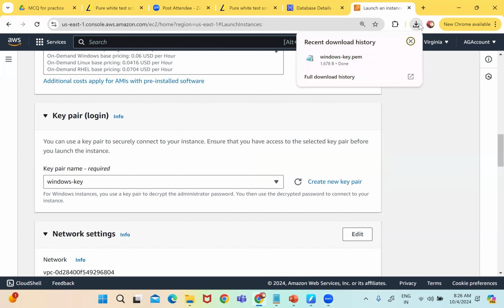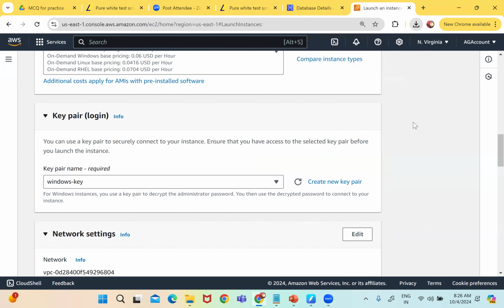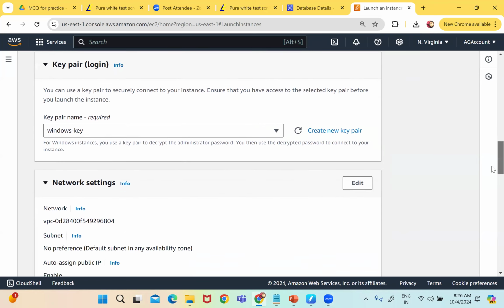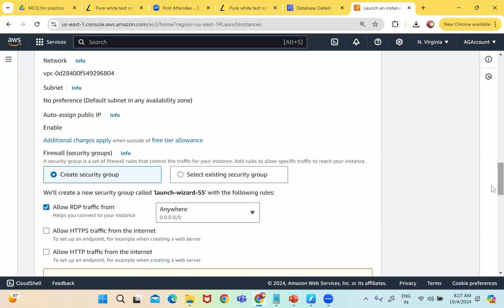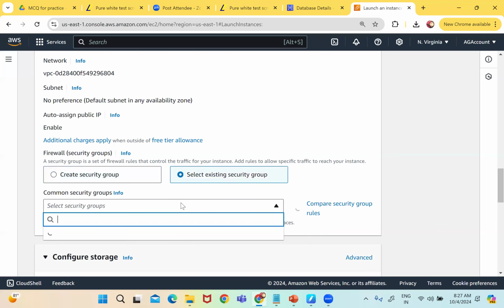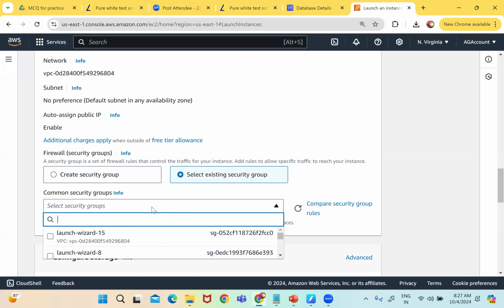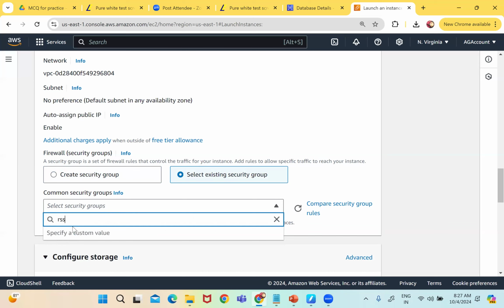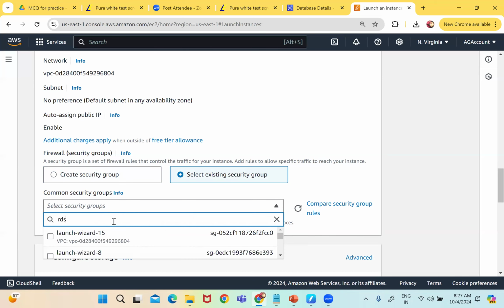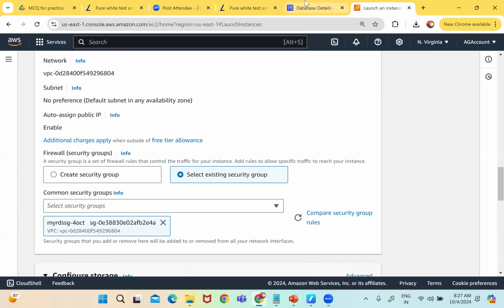So I will be creating this Windows key pair. This is a file which we get. Now, when I scroll down, I will select the existing key pair, the key for which I'm working or which I'm using. I will say the same key pair, the RDS, the same security group, which I created while creating this